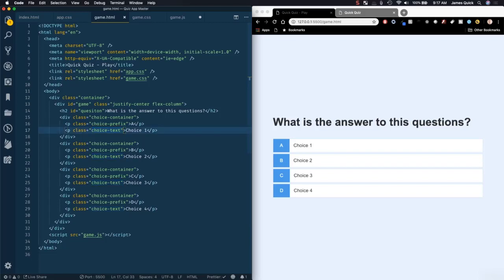But there's a better way to do that. What we're going to do is query based on the class choice text, and that'll give us a list of those choices. Then we'll update from there. Now we're also going to add a little piece of information to each of these so that we can distinguish